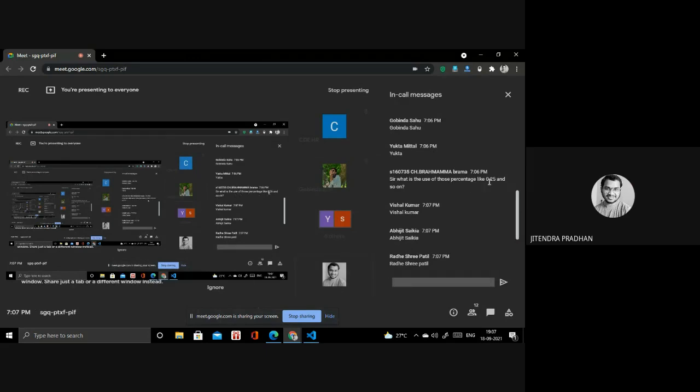Sir, what is the use of the percentage like 0.25 and so on? For that position, if you want to change the position or a particular effect, then we are using 25, 50, 75, 100. That's why we are using them. If you do a little bit of research, you will get the point. It also changes the effect you are applying at 25% or 50%, 75%, 100%; it changes automatically. I hope you got it.